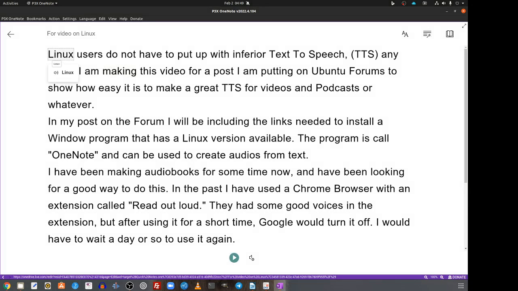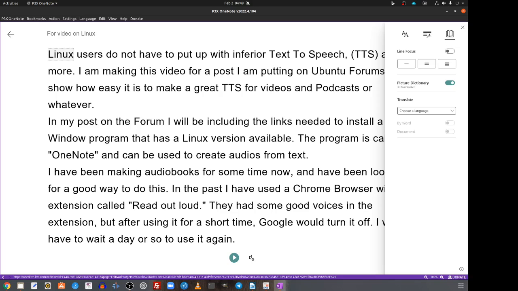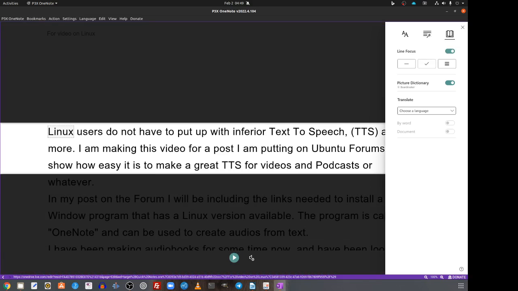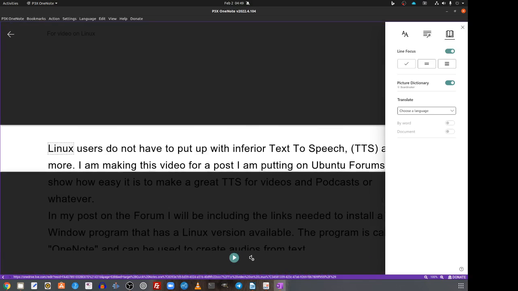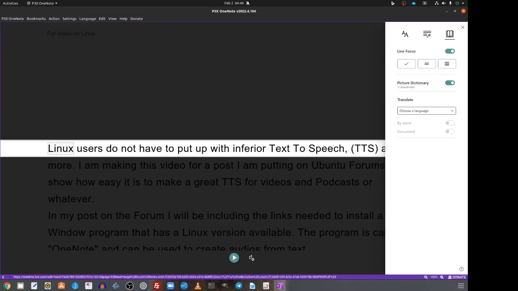Okay, you see how it sounds. Isn't that great? Now, one good feature about this is I make audiobooks, so I put a chapter at a time in this editor, and I play it. Now, I can do all kinds of things with this editor here. I can have it just show a small amount of text, one line of text, and then when I hit the read,